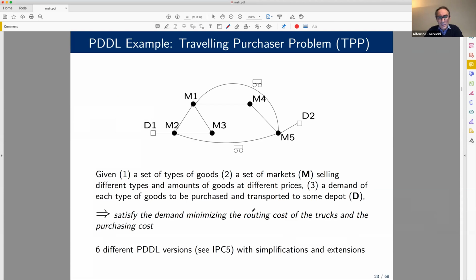And we have a demand of each type of goods to be purchased and transported to some depot D. In this figure, we have 5 markets, 2 depots, and 2 trucks that are used to transport the goods. We want to satisfy the demand, minimizing the routing cost of the trucks and the purchasing cost, so the amount that we spend. There are 6 different versions of this domain formalized in PDDL, and the one that I'm going